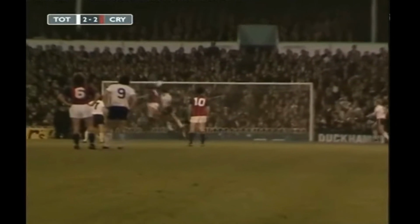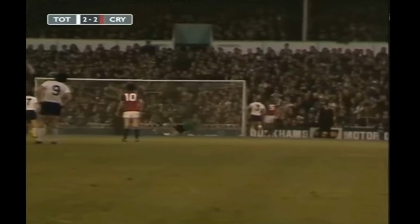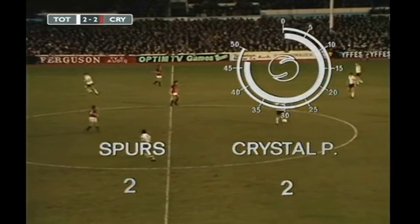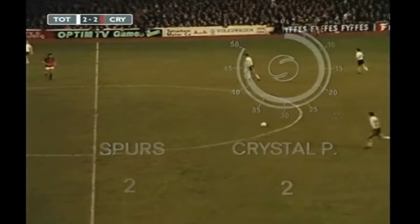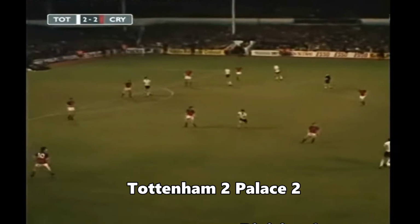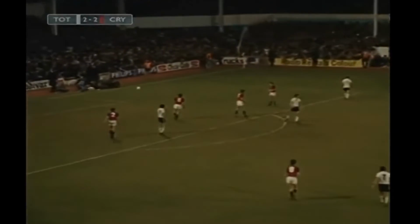There are boos for the referee, Malcolm Sinclair, for not stopping the game when Peter Taylor was brought down. And everything now has swung back to give Crystal Palace a chance. So, right on half-time, a controversial equaliser. And Osgood, as the whistle goes,